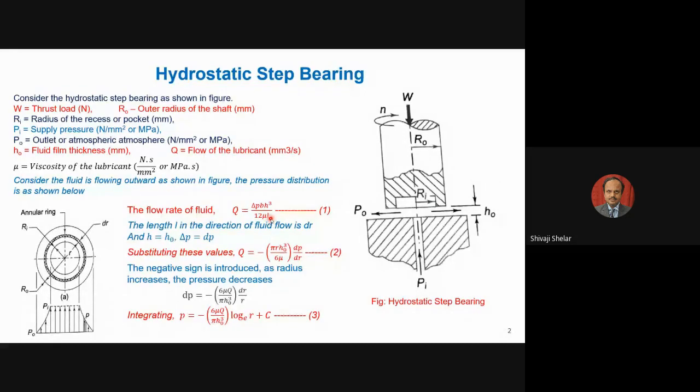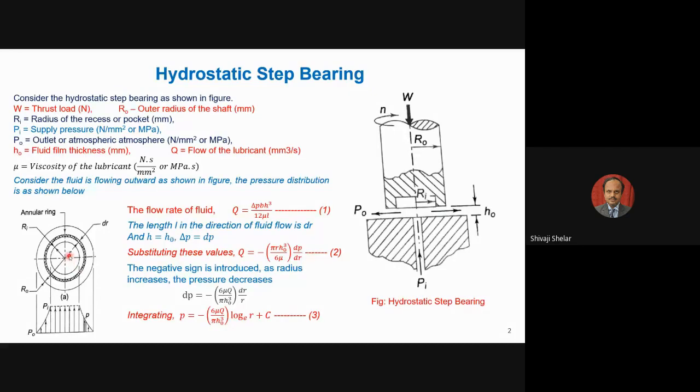Now, if you come to here, this is the bearing component. In this bearing component, the flow is happening radially outward. So liquid is coming here, and then it is going radially outward in all directions. If I take the top view of this diagram, this is my outer circle, that is the shaft diameter. Then there is a pocket inside with radius Ri. So this is my inner radius Ri, the inner radius circle. So there is a pocket here.